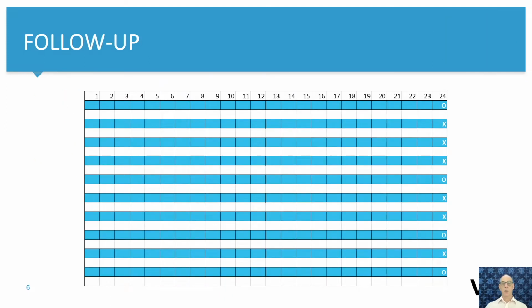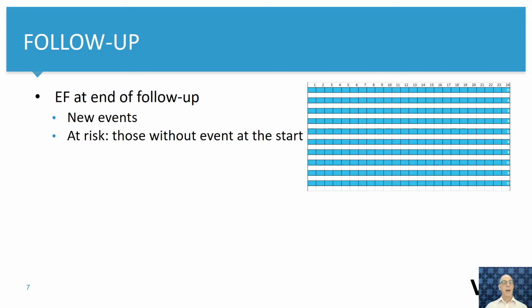But by doing so, we are assuming that each of the participants is followed up for the full duration of the follow-up. In this schematic representation, we have 10 participants followed up over 24 months, and only at the end, at month 24, the outcome is assessed as being either present with an X or not present, denoted by a 0. So the epidemiological fraction at the end of follow-up is the number of new events divided by those at risk without